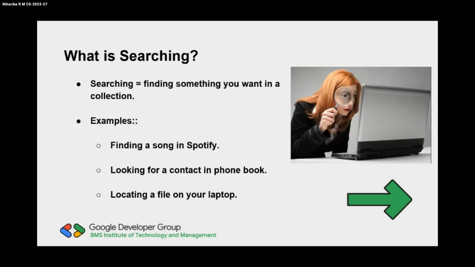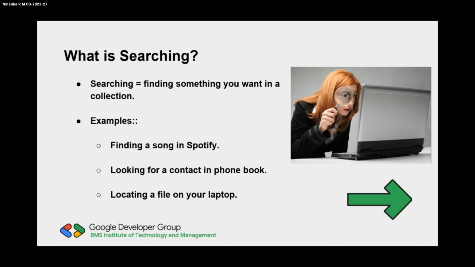So like I said before, what is searching? Let's start at the beginning. In computer science, searching is a process to find a specific item or a target within a collection of items, which we call a data structure. For example, we will have an array or a list, and we'll have a target element. Searching is where we find the index of the target element.